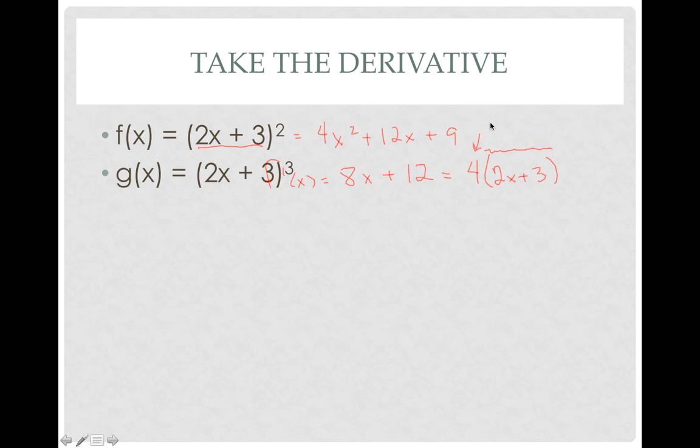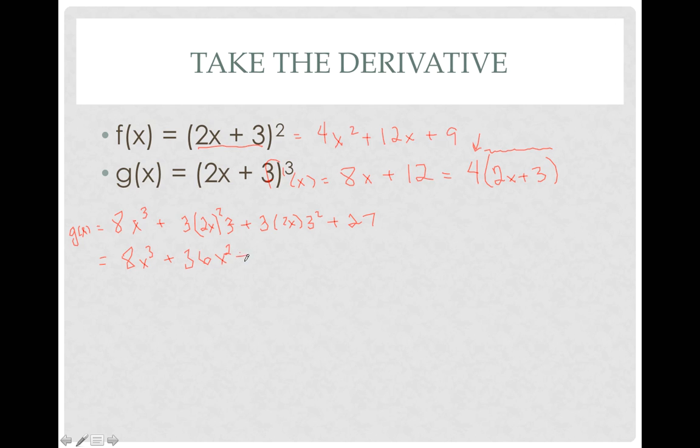I know I covered that up a little bit. Let's think about that one. If I try to do 2x plus 3 to the third power, I'm going to get g of x equal to 8x to the third plus 3 times 2x to the second times 3 plus 3 times 2x times 3 squared plus 27. If you remember your binomial expansions from Algebra 2 and pre-calculus, I get 8x to the third plus 9 and 4 is 36x